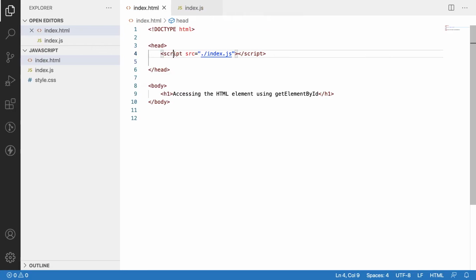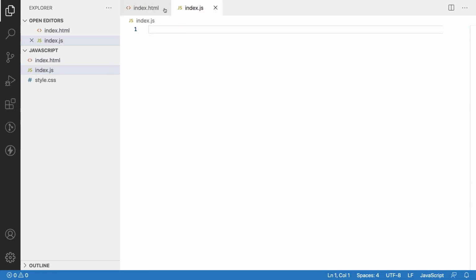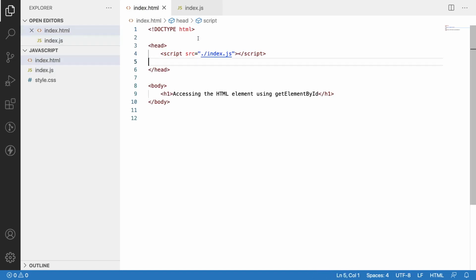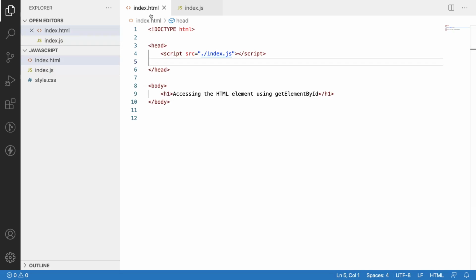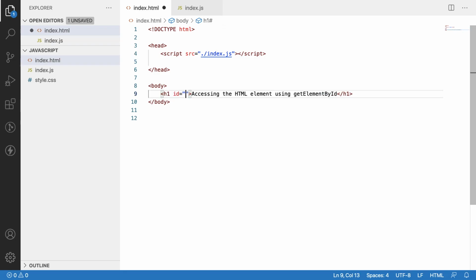Here we are using a script tag which is already embedded in my HTML, and this index.js is bound to this HTML. Whatever we write in this index.js will be executed over this HTML content. Now let me create an ID for this element. Let me name it heading. Now I want to access this h1 tag in my index.js by using this